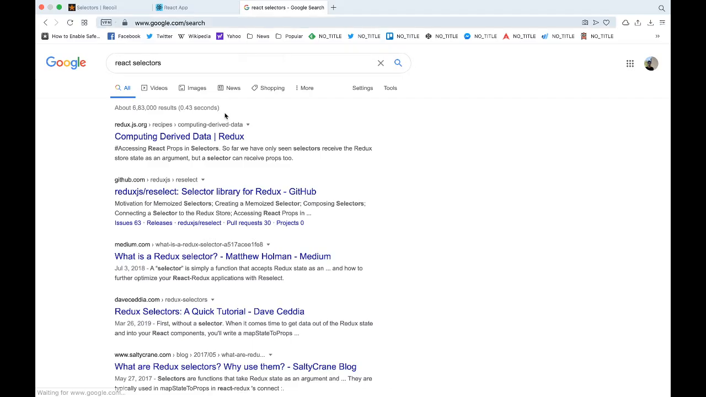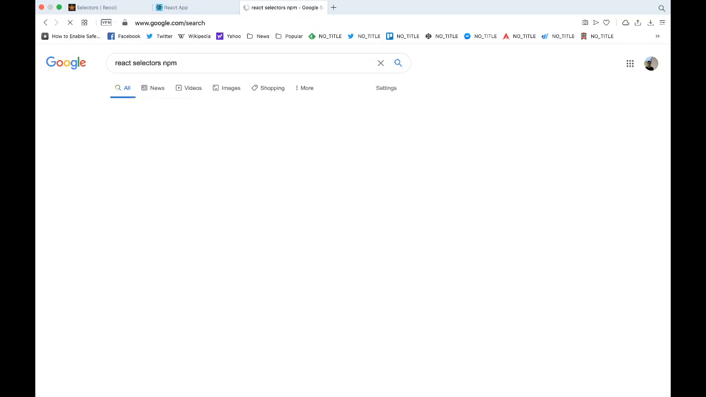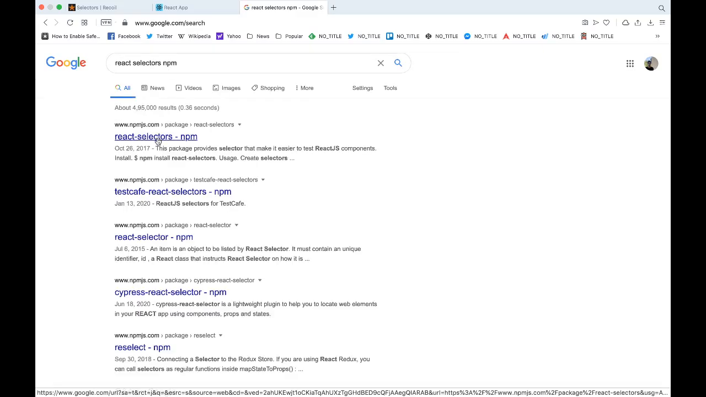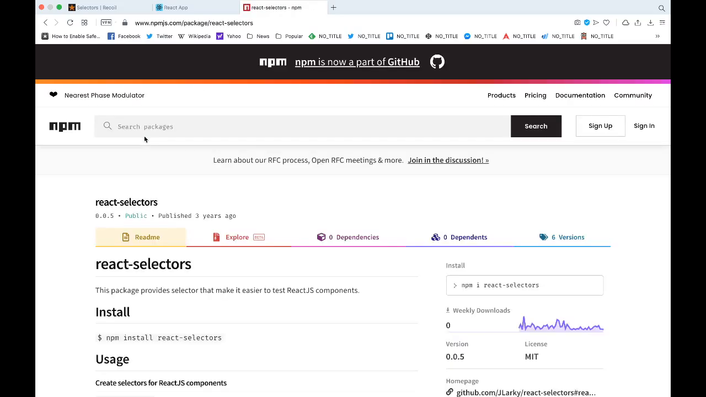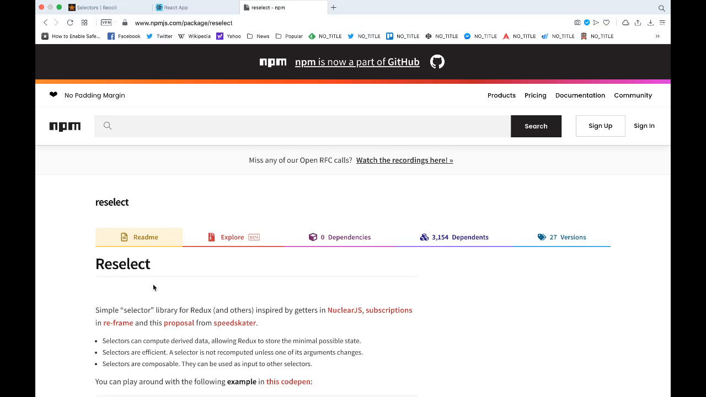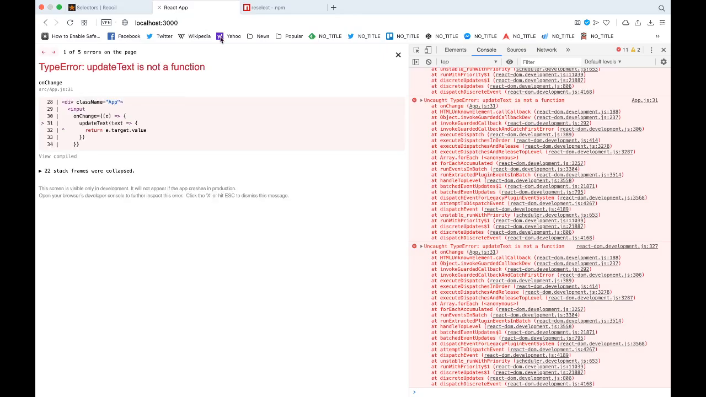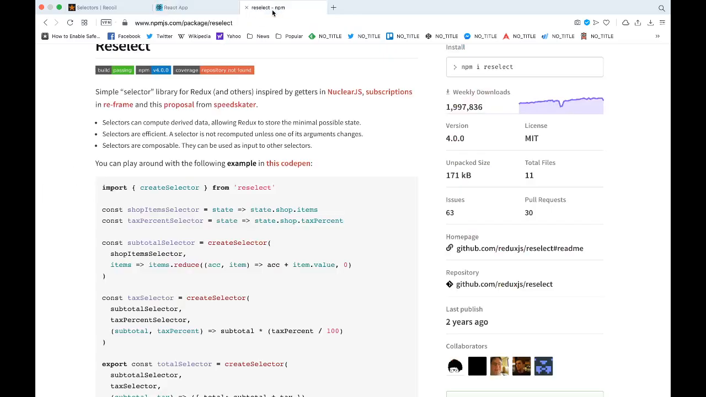What is React selectors? Where is React selectors on npm? There's a library for this. Oh, okay, I think this is the library. No, this is not the library. So basically, reselect. Yes, yes, yes. This is the library. So I think this is what selector tries to do, right? So what reselect does is